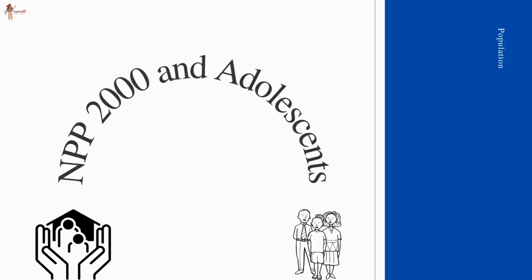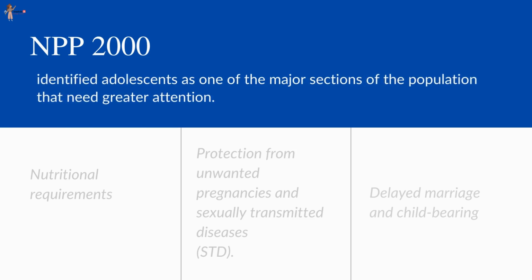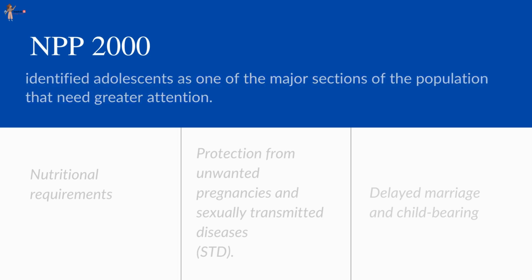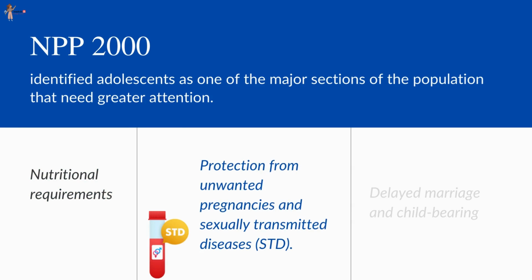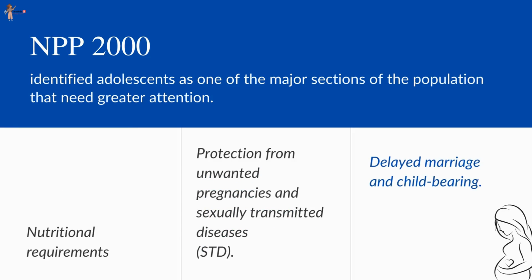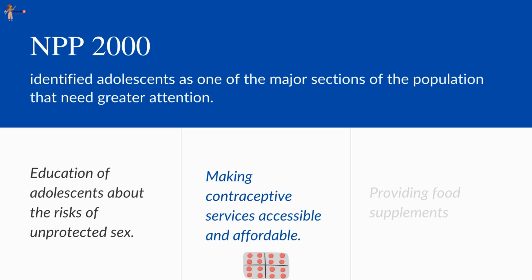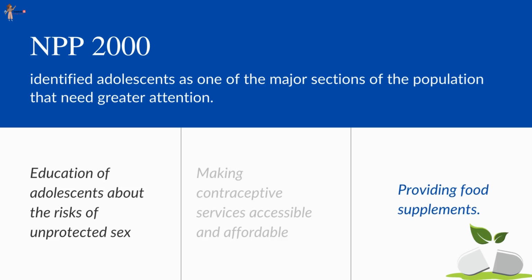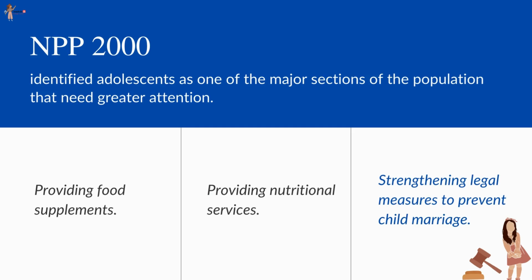NPP 2000 and adolescence. NPP 2000 identified adolescents as one of the major sections of the population that need greater attention. Besides nutritional requirements, the policy put greater emphasis on other important needs of adolescents, including protection from unwanted pregnancies and sexually transmitted diseases. It called for programs that aim towards encouraging delayed marriage and childbearing, education of adolescents about the risks of unprotected sex, making contraceptive services accessible and affordable, providing food supplements, nutritional services, and strengthening legal measures to